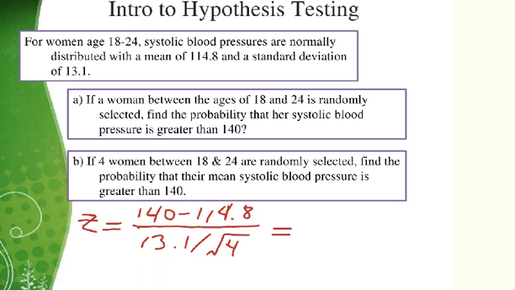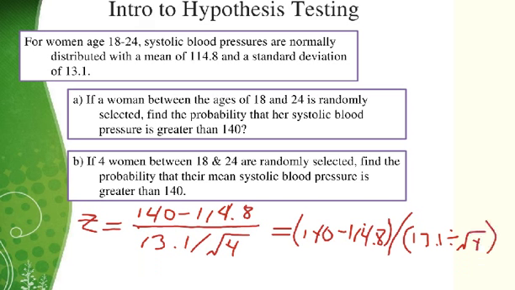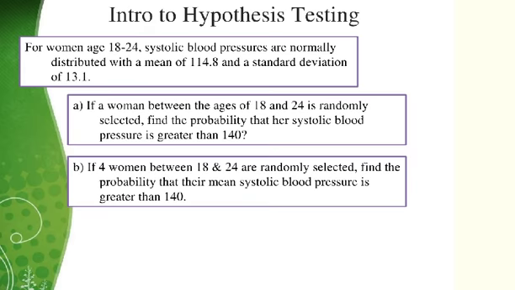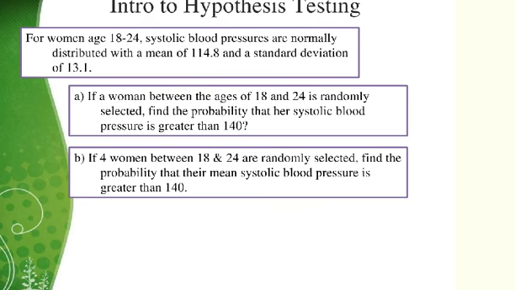Now, if you're plugging this into your calculator, you want to be careful with parentheses. So let me demonstrate how I would enter this into my calculator. I would start with an open parenthesis, and enclose my numerator. So I would take 140 minus 114.8, close those parentheses, so that's my numerator. Divide that by, and then open some more parentheses, 13.1 divided by the square root of 4, and then close the parentheses. So the z-score here after that calculation will be